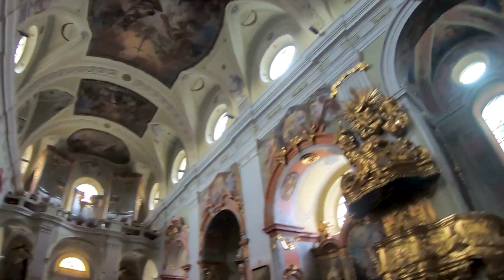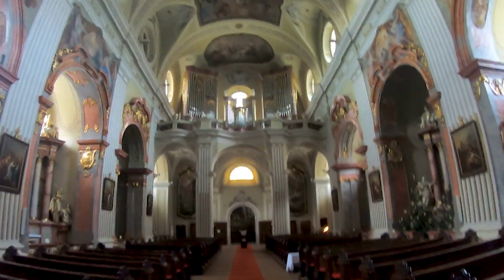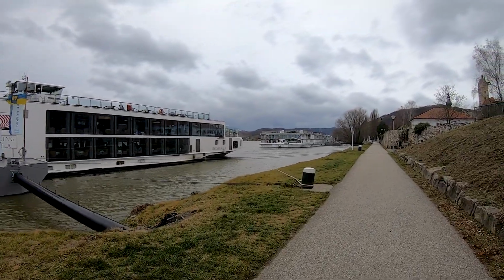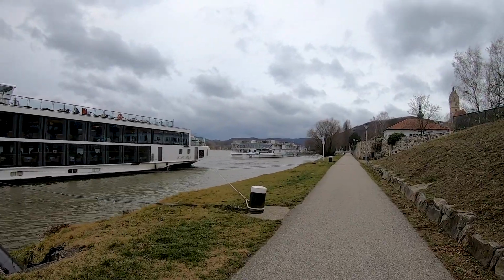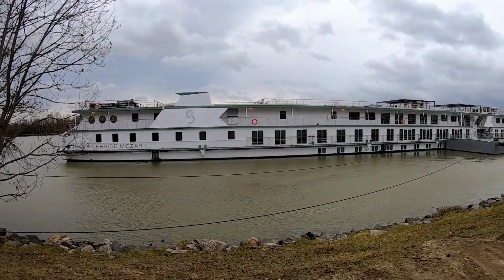So this is quite an impressive sight. And after that it was slowly time to head back to the ship for lunch. It took a bit longer as there was a very strong wind on that day. We had to walk against the wind, but still here we are at our Riverside Mozart on time for lunch,